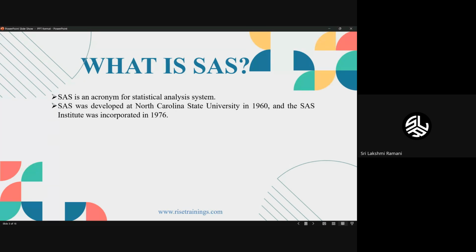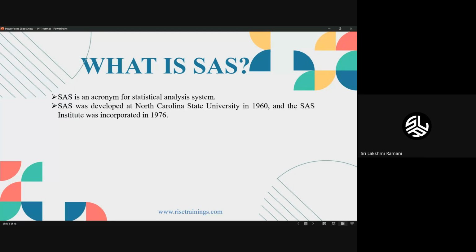It was developed at North Carolina State University, which is in the US. It was discovered in 1960 and developed by Goodnight and Jimbar. Goodnight and Jimbar are the two persons who developed the SAS tool, which is a language also,